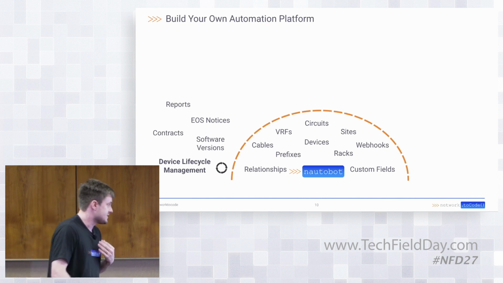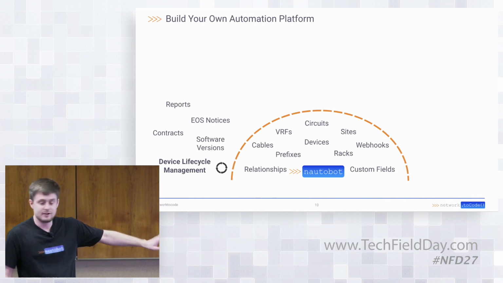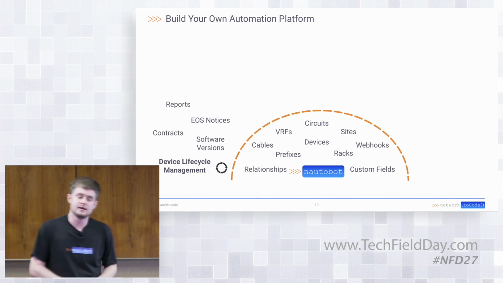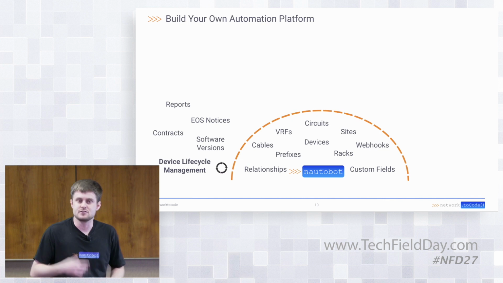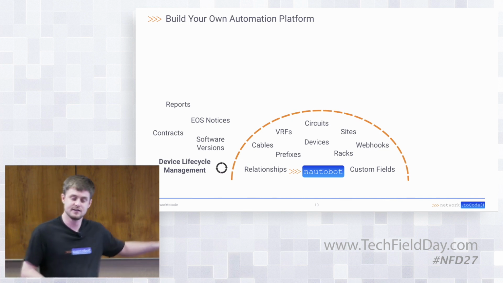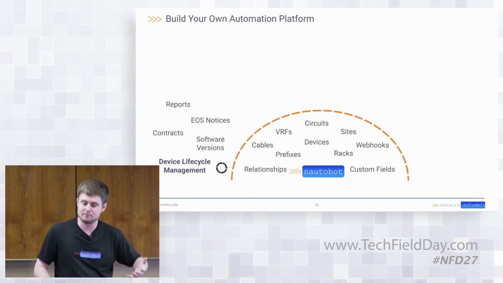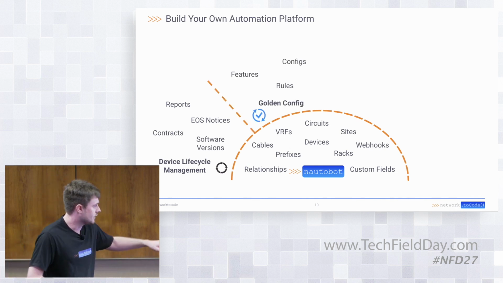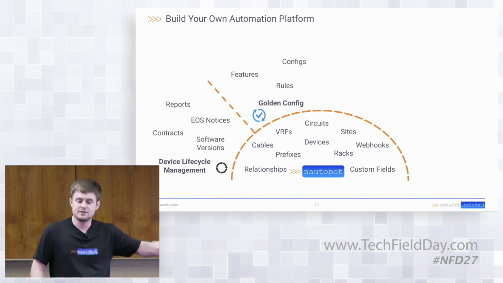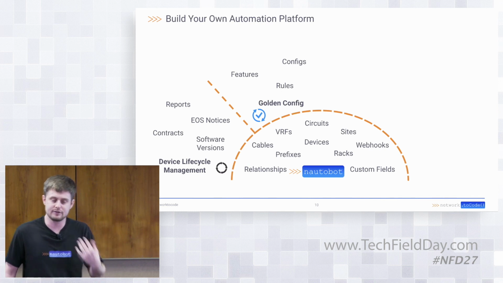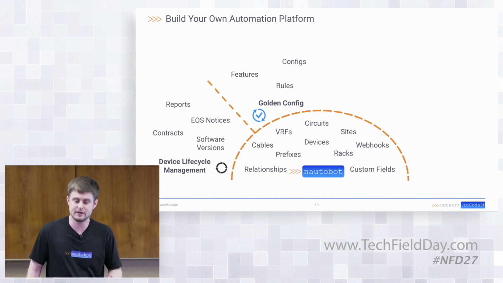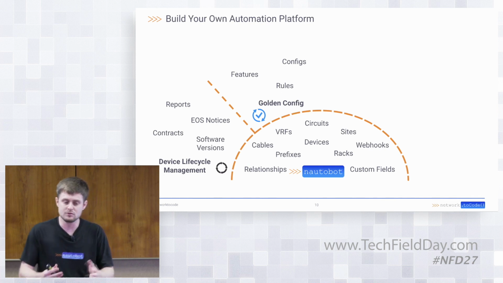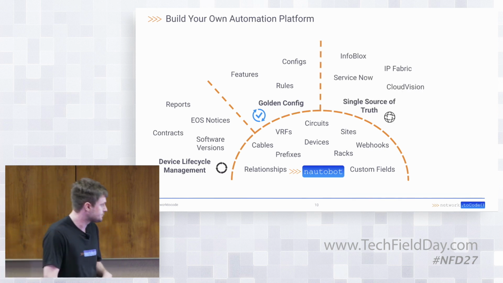So maybe in my organization, I care about device lifecycle management. So tracking contracts and support notices from my vendors and making sure that I have validated and approved software versions running on my devices. That's device lifecycle management, is an app that's open source on top of the Nautobot app platform. Perhaps another one, again, golden configuration that I mentioned, validating configurations that I built are standardized to my organizational business rules and that they are correct.